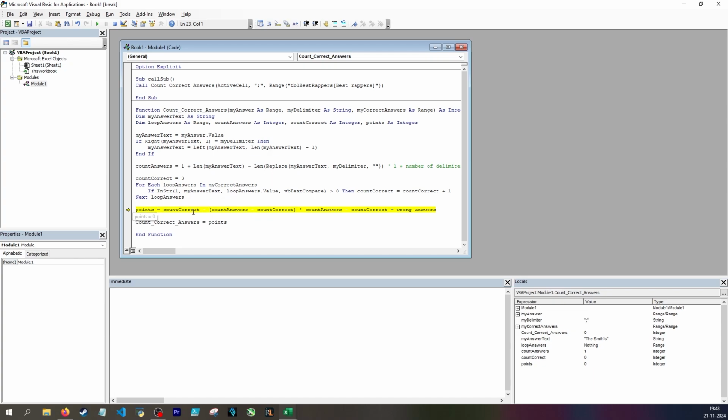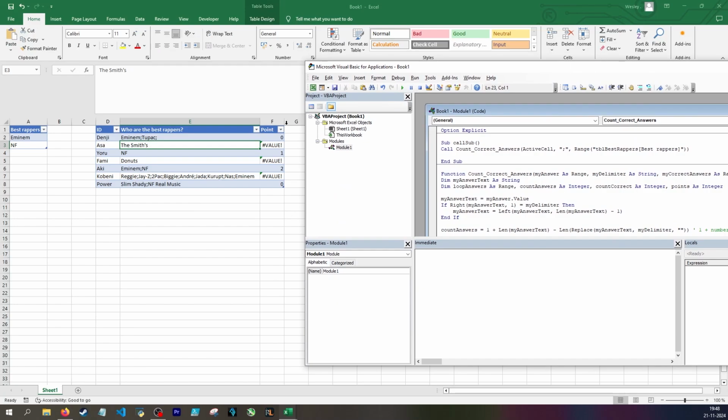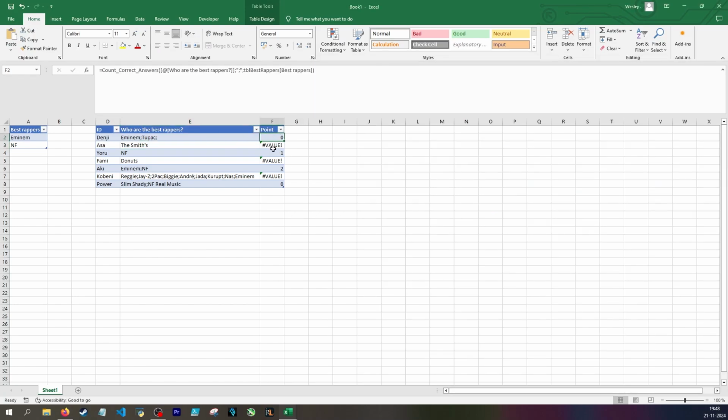You could also decide that in case the number of wrong answers is greater than the number of correct answers, then the point should output 0. That would also solve the problem, but that was a design decision you could make. In order to fix the value error, I simply have to update the calculations, and now we're back at the start. So